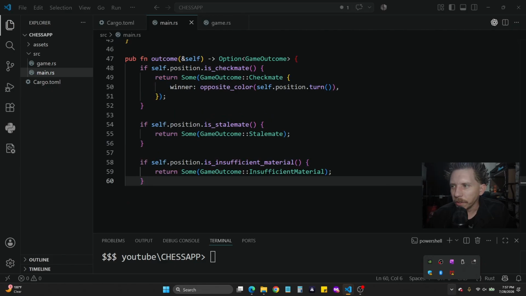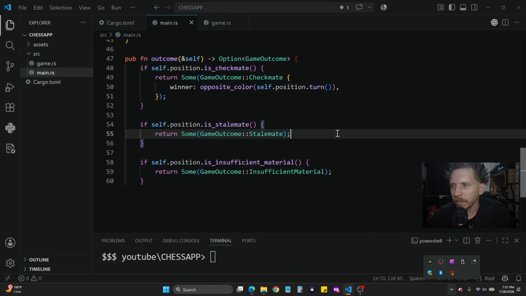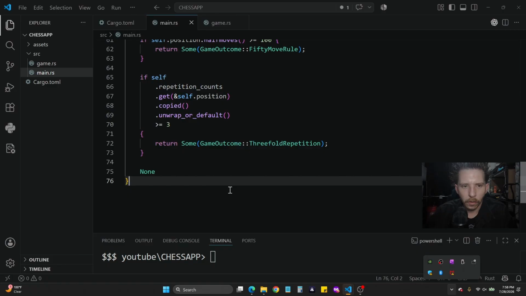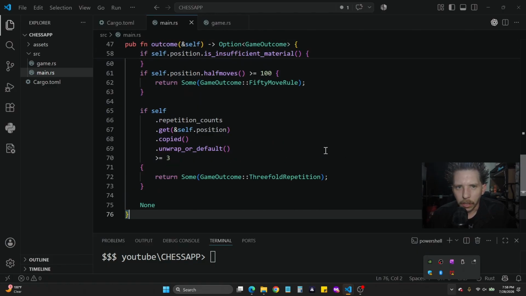The outcome checks are arranged from the most decisive condition to the broader draw rules. When the current player is checkmated, the winner is the opposite color because position.turn still represents the player who cannot move. Next, the model checks for stalemate and insufficient mating material. And now the 50 move rule